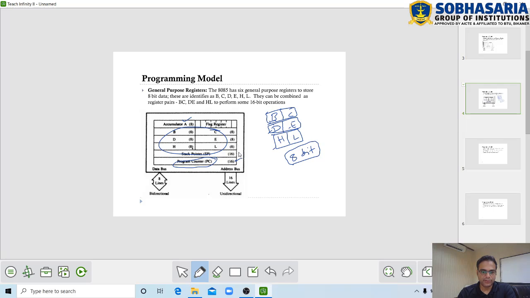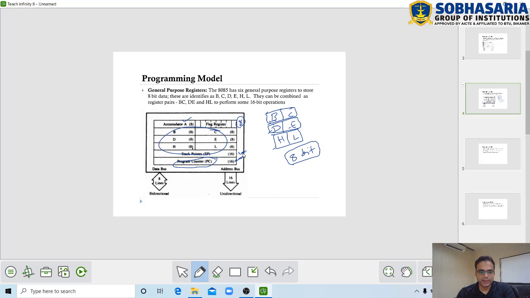But there are two special registers, stack pointer and program counter, and both of these registers are 16-bit registers. And one more register is the flag register, which is again an 8-bit register.